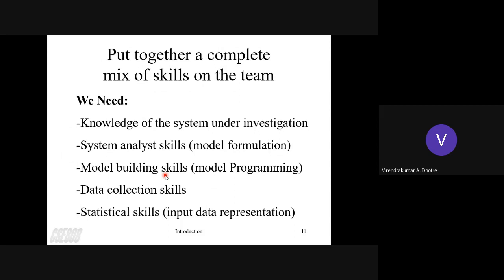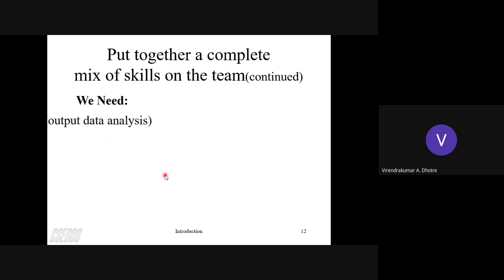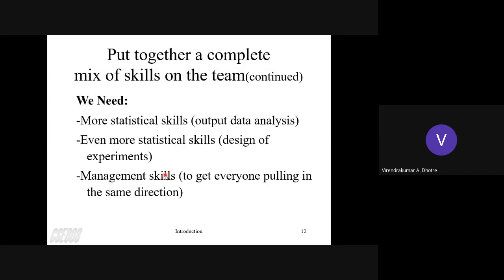Once your input data is available, you have to analyze it. So statistical skills, analysis, that is also a skill. Statistical skill is required. So inside your team, you require all this. You should have it, and then only you can create a good model. We also have to analyze our output, right? So more statistical skills are required for people who can analyze the output. When we design, even there we require statistical skill persons: design of experiments, creating models, architectural models, flow of data, we have decided.